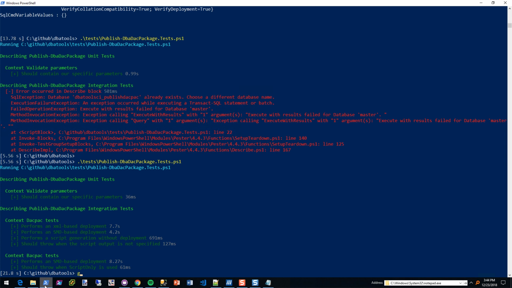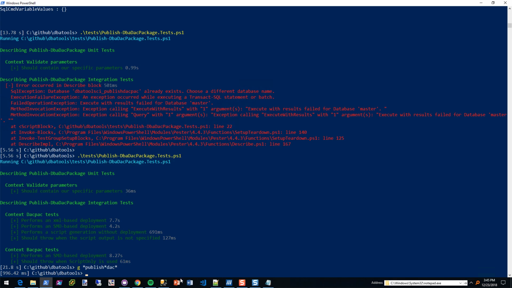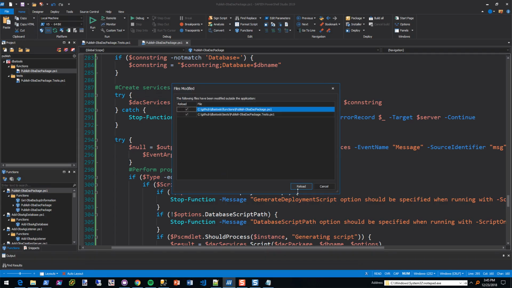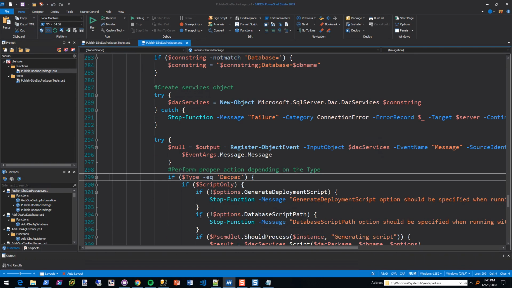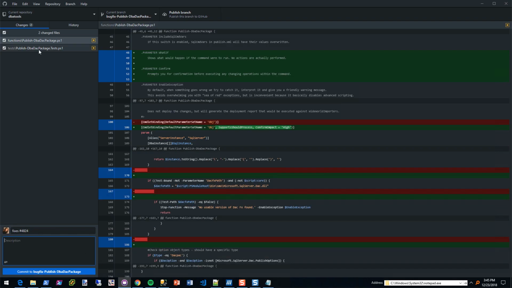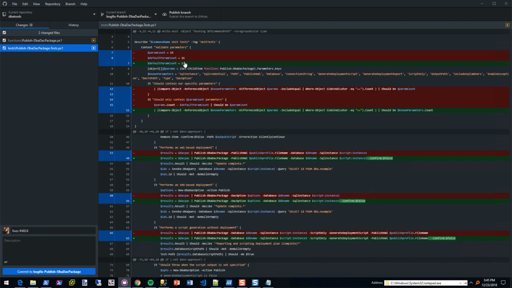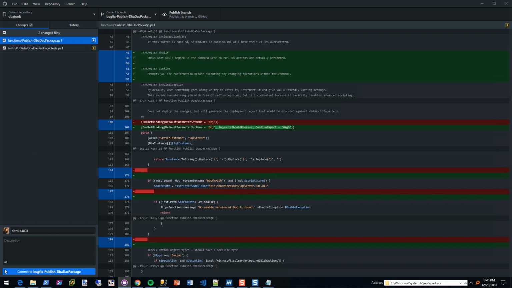It's something that code does naturally, but PowerShell Studio doesn't, that I'm aware of. So what I'm going to do is publish DAC, so it'll rewrite it. And now that it's not going to fail that test because our publishing is proper, even fix this up a bit. Oh yeah, I did that.